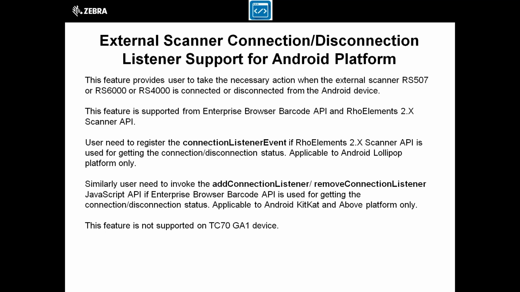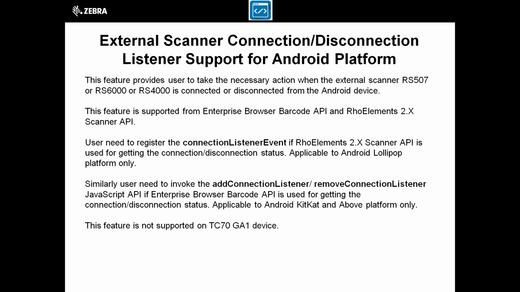Suppose the enterprise browser application is running on the device, and we have connected, say, an RS6000 external scanner hardware device with a WT6000 device, which is a Frenzy device to which the RS6000 is connected.